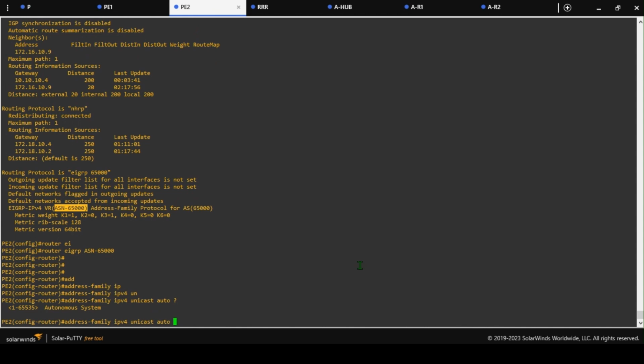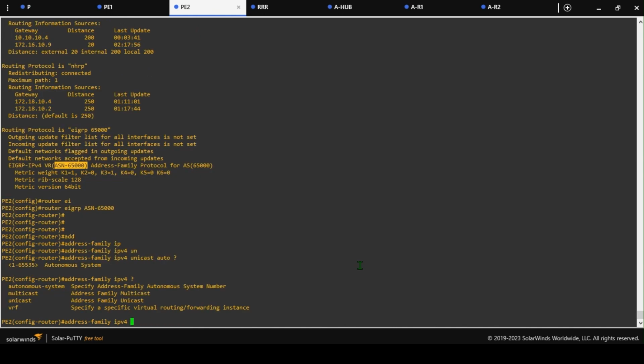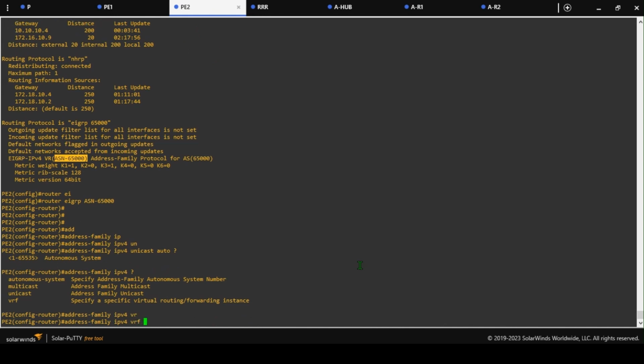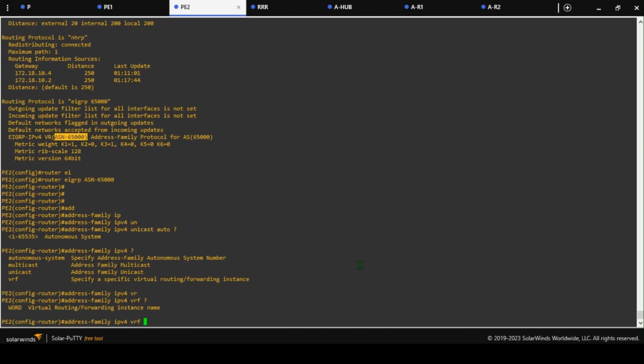Now, autonomous system is IPv4 VRF. I'm going to specify. I'm not working within the general address family. I will specify the VRF, and the VRF was configured earlier, which is